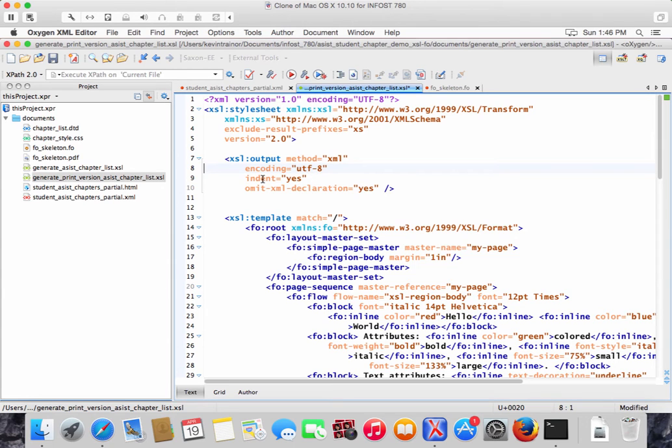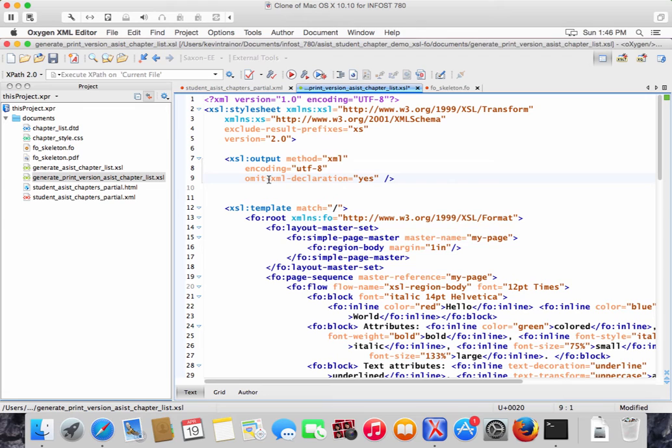Do we want it indented? Well, the fact is that we're not going to look at the output of this. The output of this is going to go right to the XEP processor. So why put the extra effort into it? Okay? We're never even going to see it. And do we want to omit the XML declaration? Well, that was appropriate for an HTML5 file, but not for the one that we want. Okay? So let's put that here. All right. And now we've got this